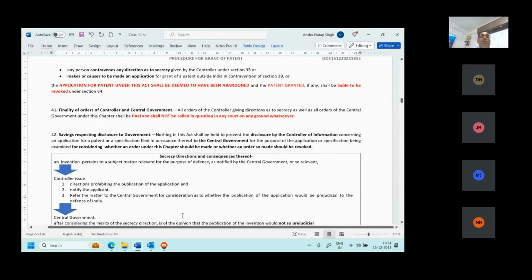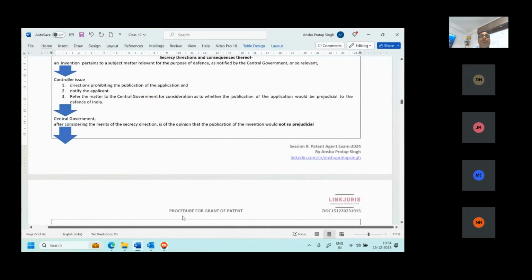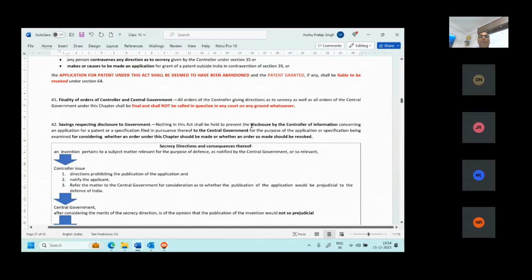Then comes the saving for disclosure to the government. Nothing prevents the controller from disclosing to the government information concerning an application for the purpose of considering whether an order under this section should be made. The controller always has a right to disclose to the government; nothing can stop that.